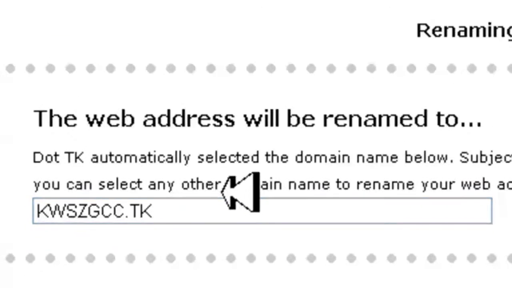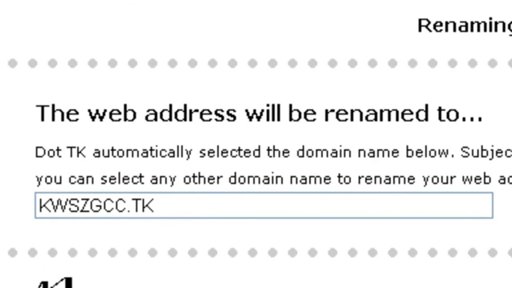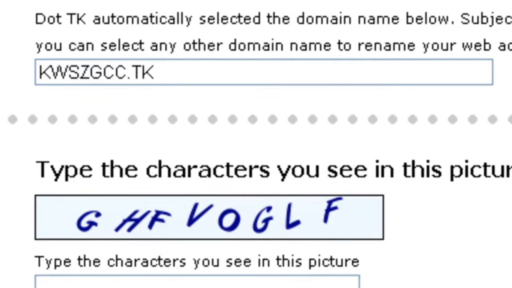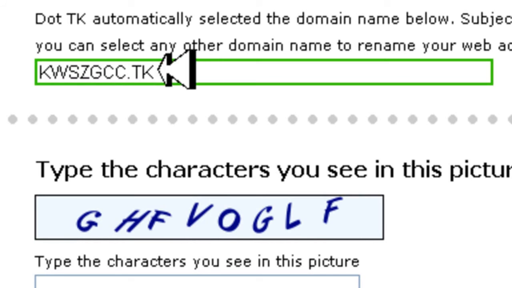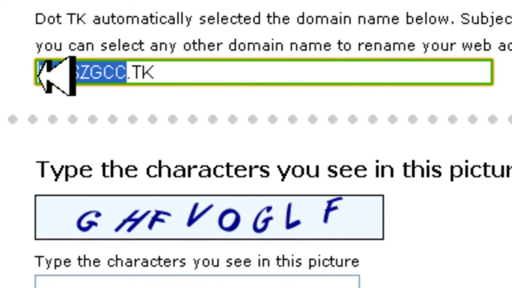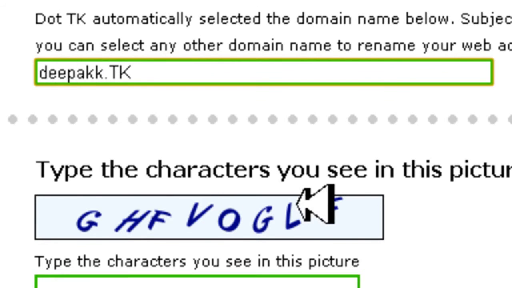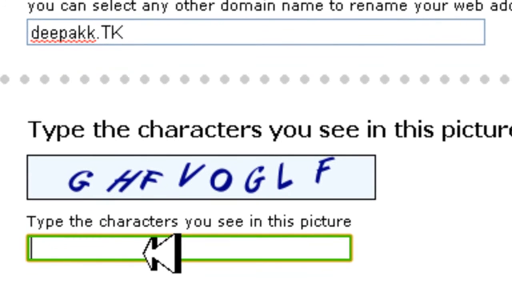It will be saying that this web address will be renamed to .tk, automatically selected the domain name below, subject to availability. Okay, whatever. So here, as you see in this tab, you are finding an option with .tk extension. So now you can give any name you want, and I'm going to give Deepak with double K. So now type the captcha image verification,